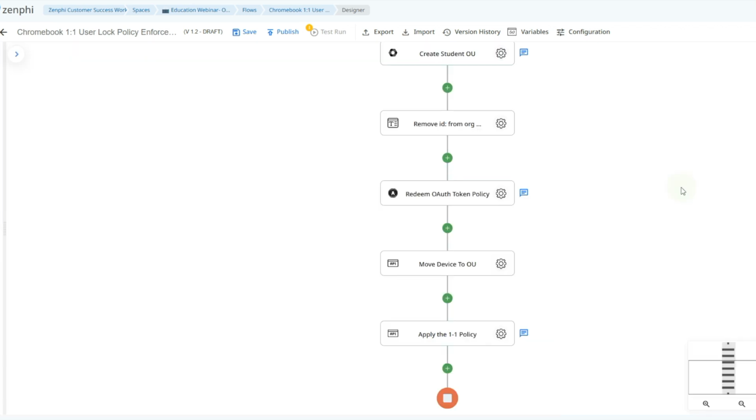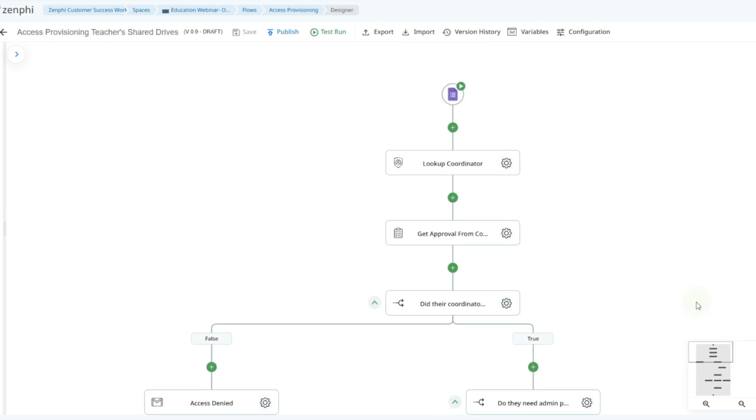And just like that, in 4 easy steps, we've made sure that whenever a device is assigned by the asset management system, it'll automatically be locked down to a singular Google account. And this will not only result in savings of thousands and thousands of dollars, but also some added security as well. Now moving on to our last flow,